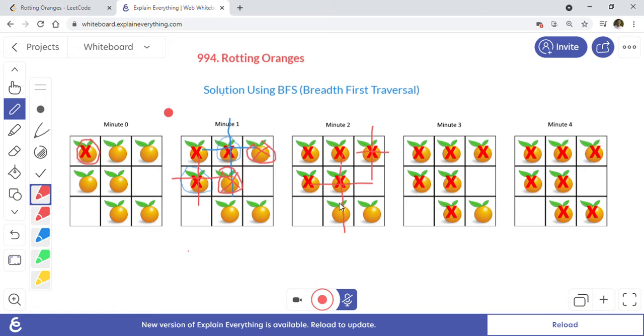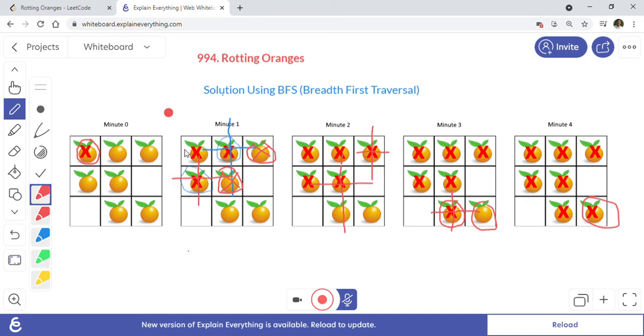This downward orange, which is a fresh orange, will become rotten at the end of minute 3. This rotten orange will then spread in the four directions, and this last orange will become rotten at the end of minute 4.